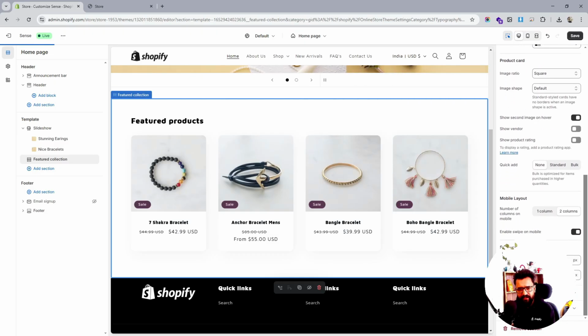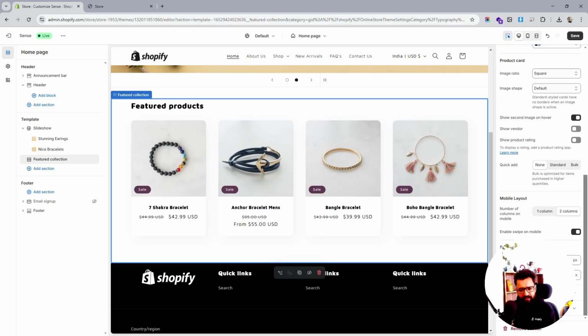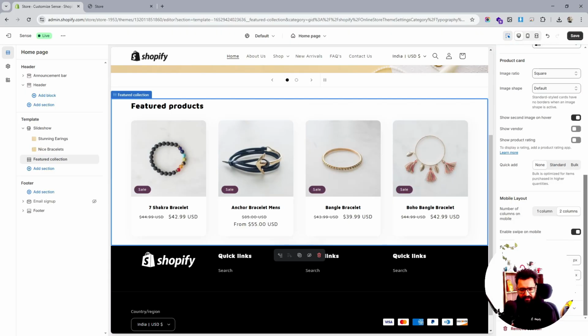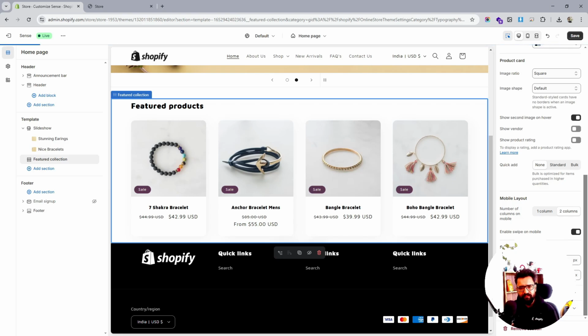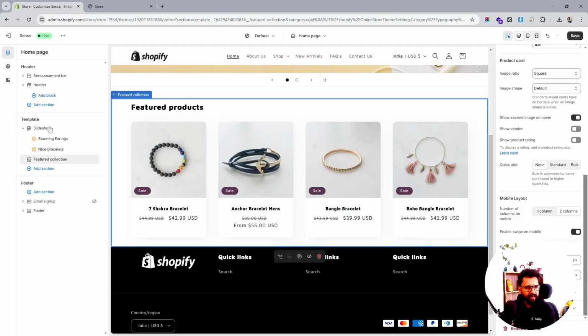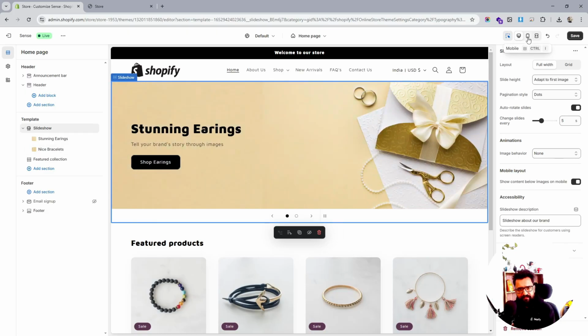I'll just again reduce the padding which should be coming up over here, and this padding also should be less. All right, this padding is less, and again I'll just see if we have less padding over here, and simultaneously